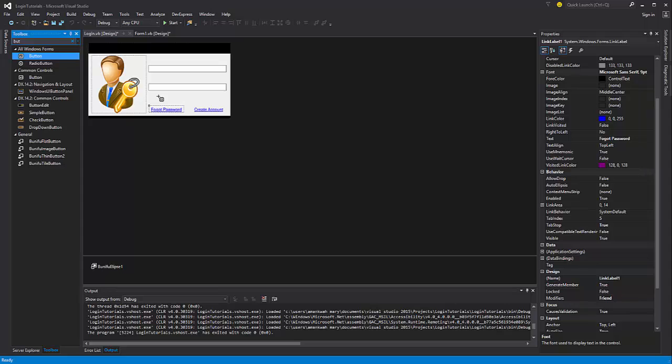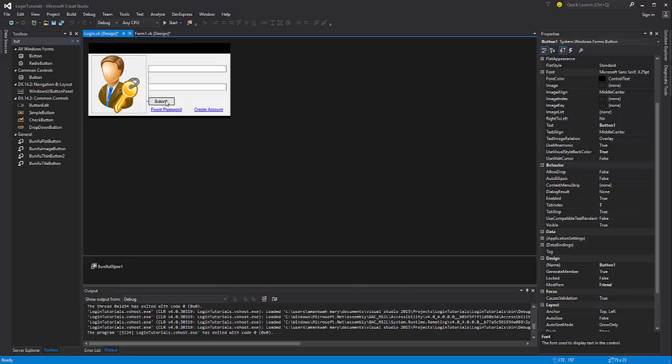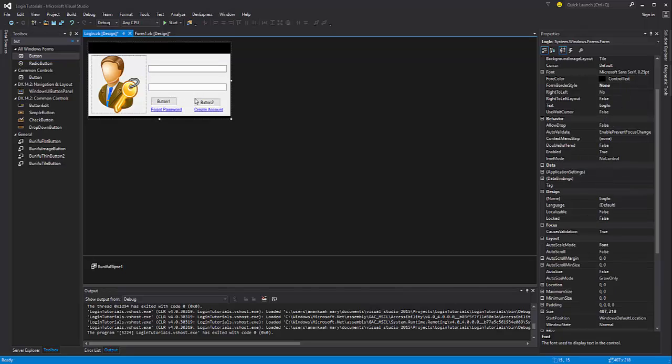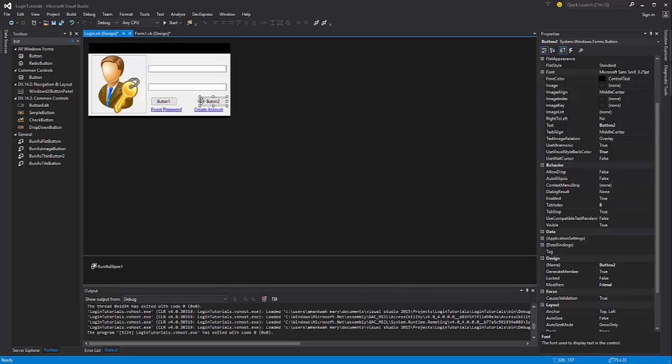You can use customized buttons so that it will be very nice, but I would like to use a normal button, and that is cool. All right, so there you go. I have these buttons here, and I will quickly rename this to cancel, and then I will rename this button to